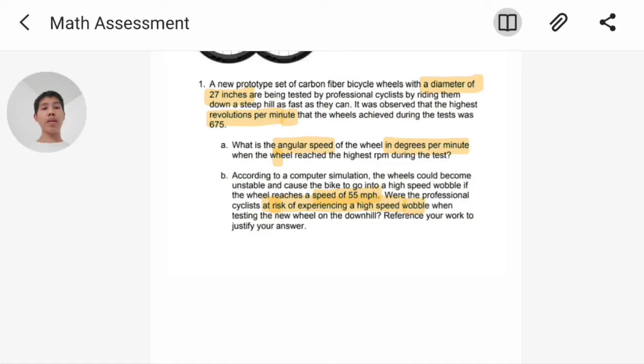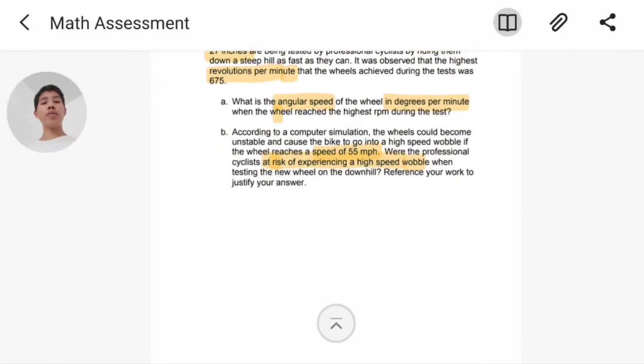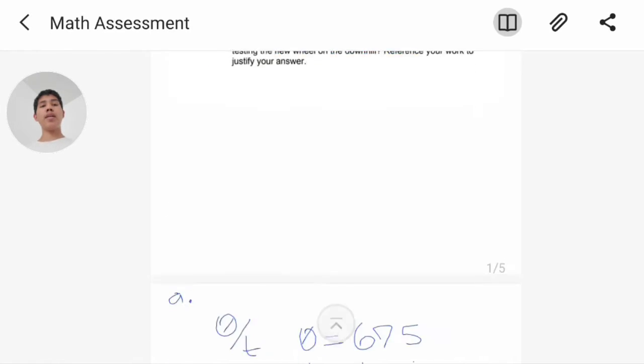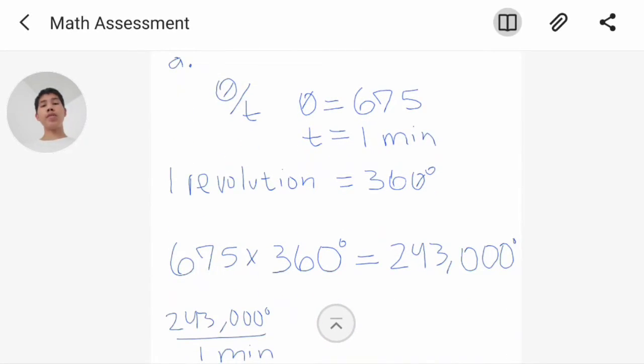I highlighted two key phrases that we are definitely going to need: a diameter of 27 inches and revolutions per minute being 675. The first question is, what is the angular speed of the wheel in degrees per minute when the wheel reached the highest RPM during the test? So we know that the angular speed equation is central angle over time, central angle being 675 revolutions per minute,